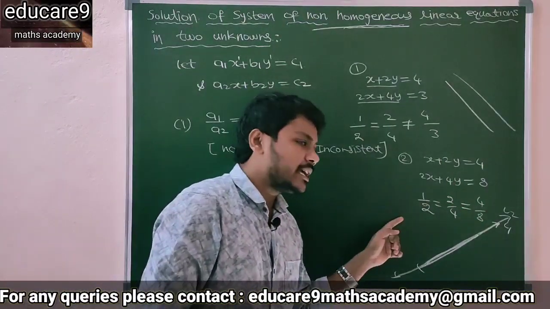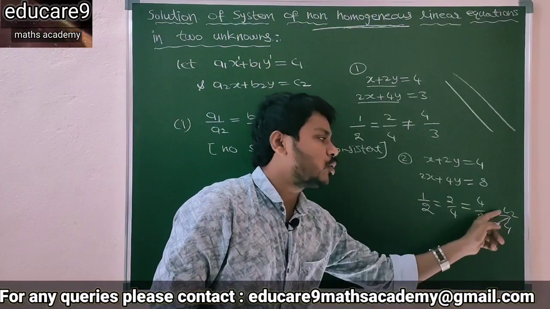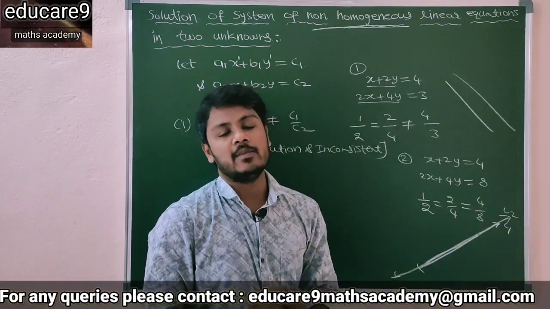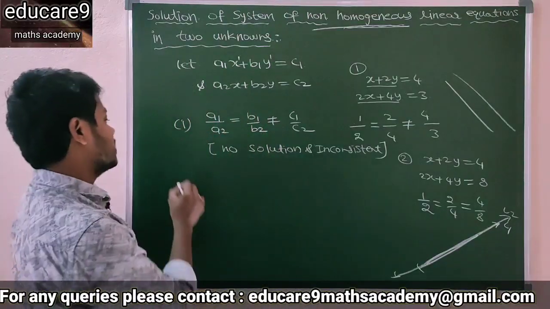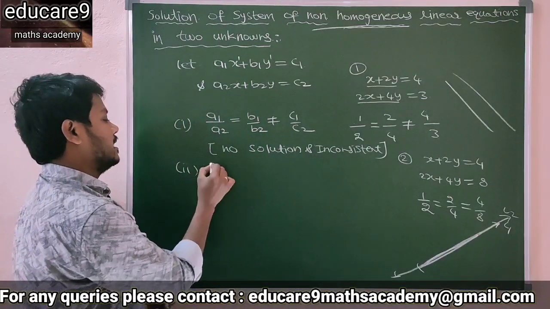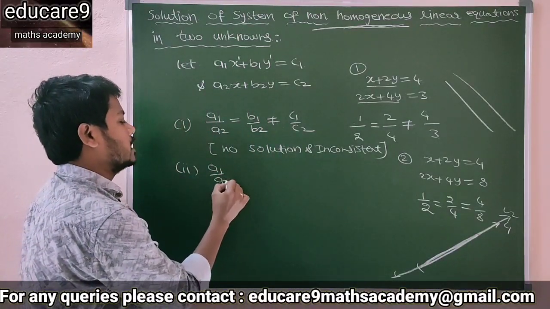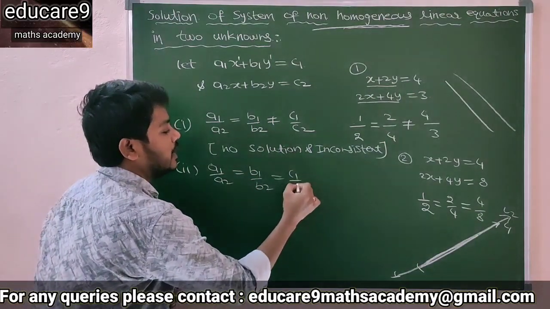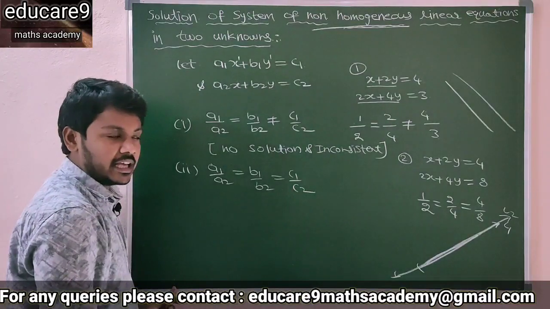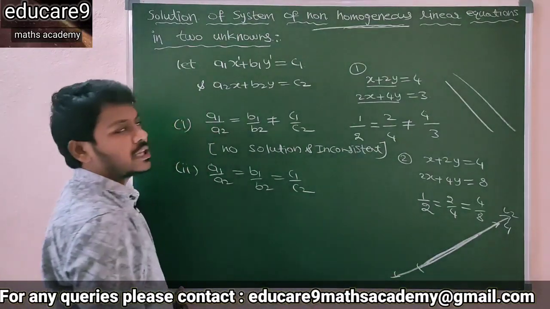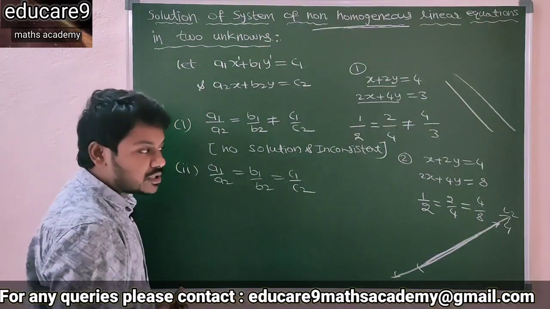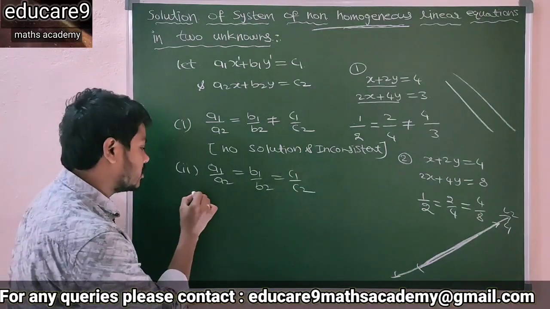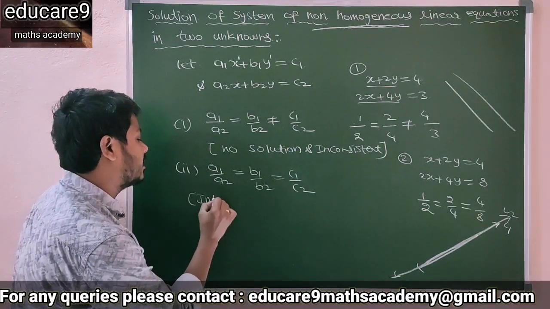In this case both lines coincide, meaning L1 and L2 are the same line. That is the second case, a1 by a2 equal to b1 by b2 equal to c1 by c2. Clearly in this case the system has infinite solutions